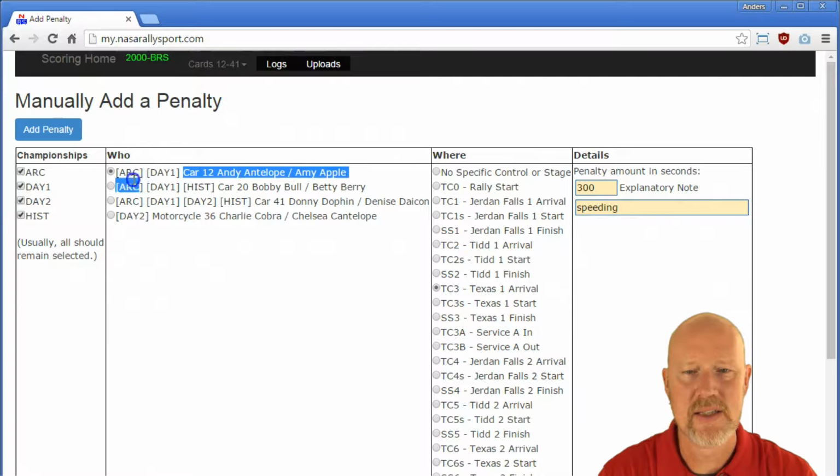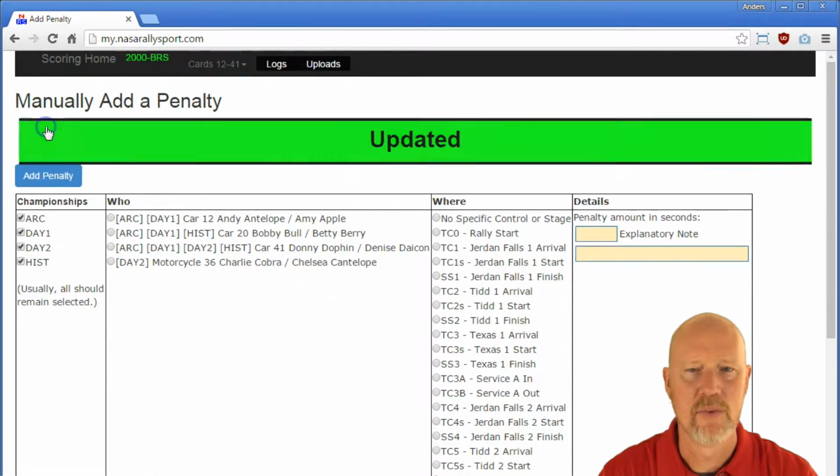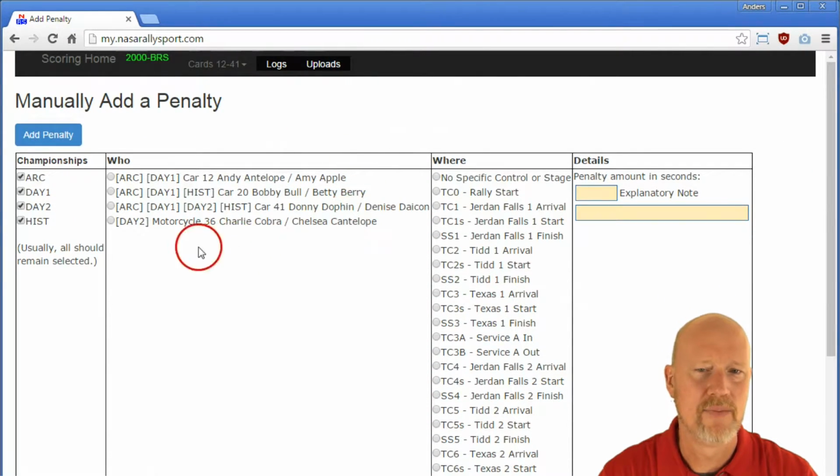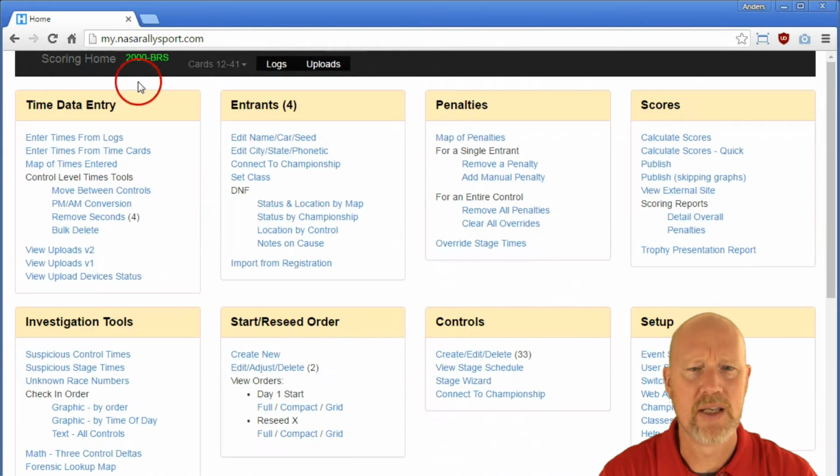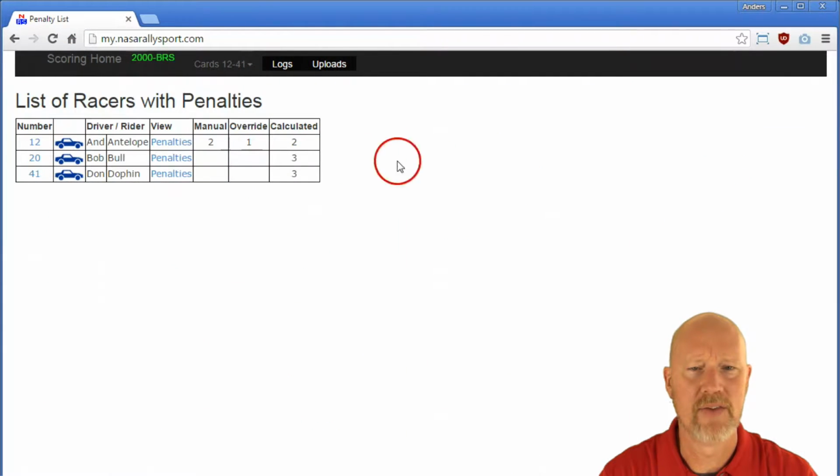So Andy is in the ARC and in day 1. He's not in day 2, but it'll take care of that automatically. So we can add the penalty, and now that's all set. So if we go back here and take a look at the penalties that he has, there are his 2